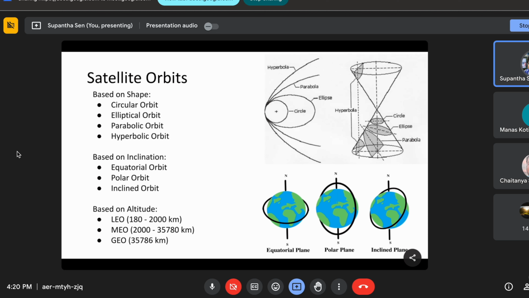Satellites we can mostly classify as remote sensing satellites, communication satellites, navigation satellites, and others like astronomical satellites, which are for viewing some cosmic source or the outer space.